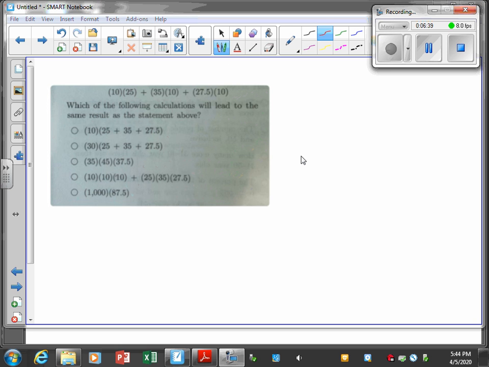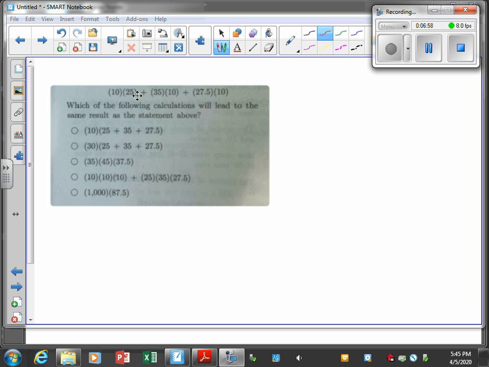Okay, on this next problem, it says, which of the following calculations give you the same result? So you can do one of two things. You can multiply all this out, get that answer, see what it's equal to, and then multiply each of these out to find the one that gives you the same result. But